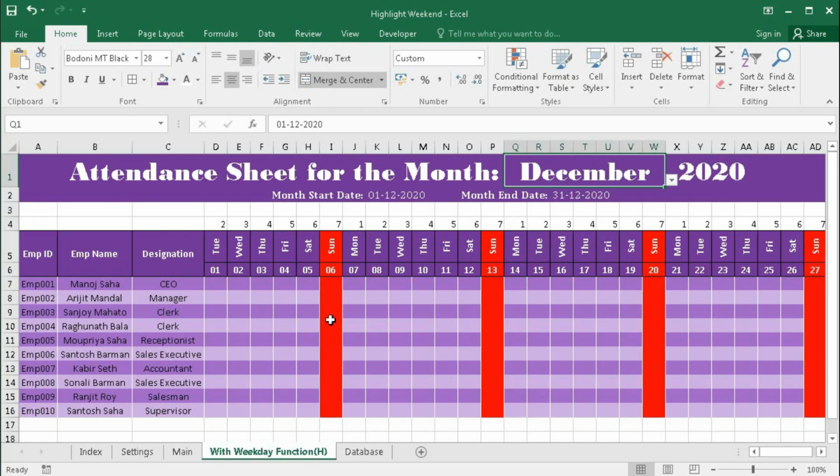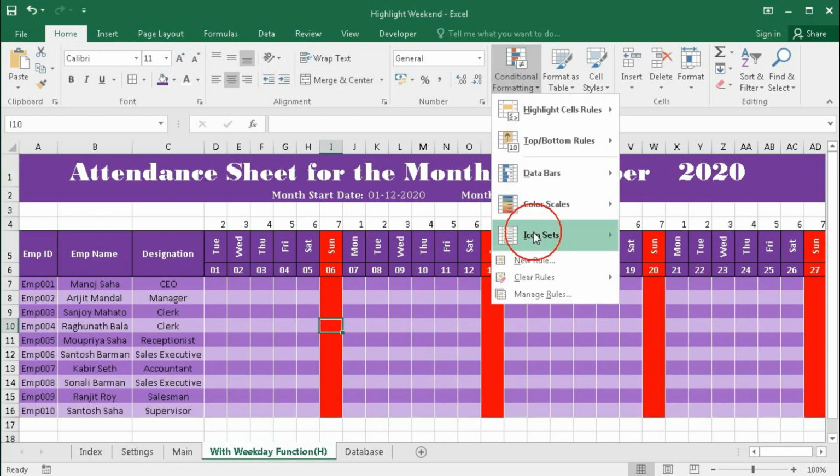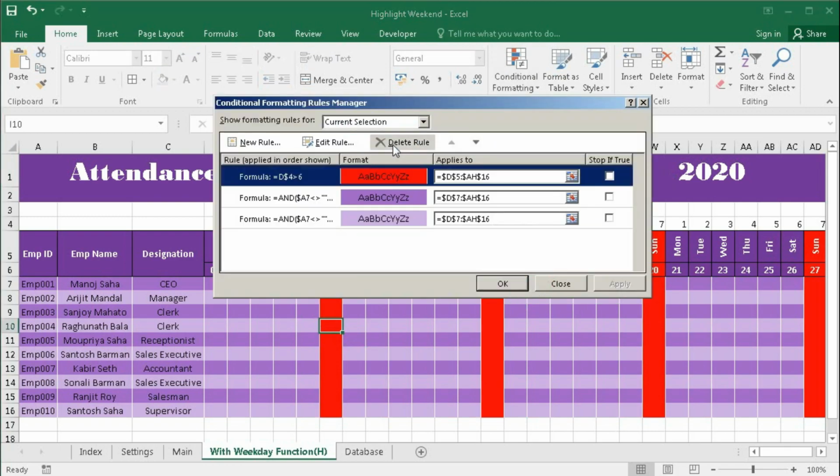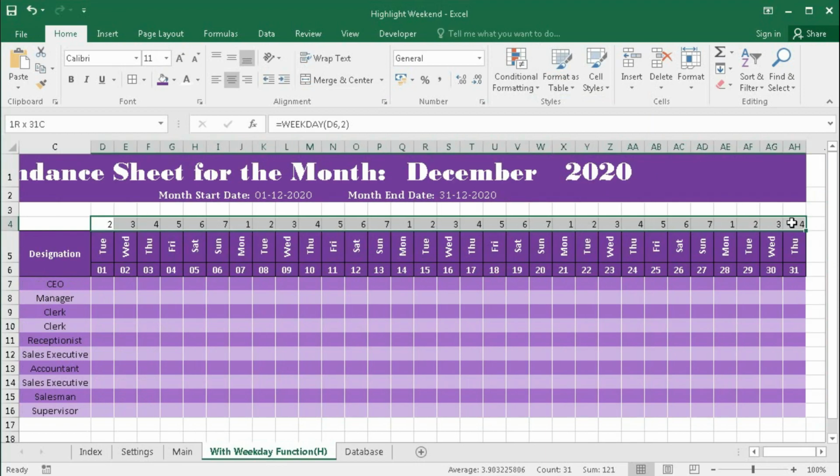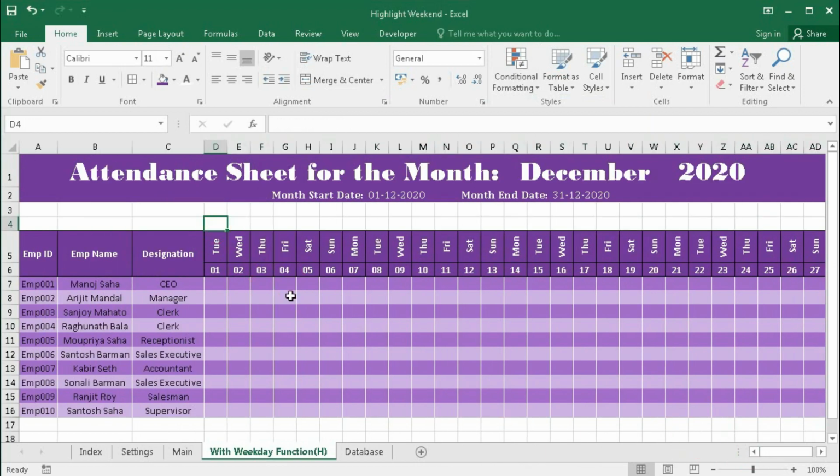So now let's delete this conditional formatting. Now in this helper row, I will put the formula to return the weekday value.